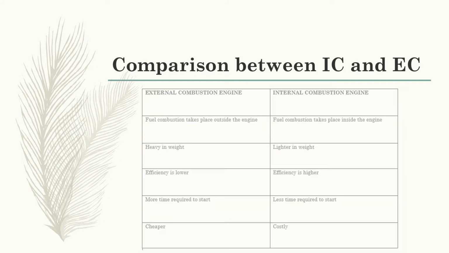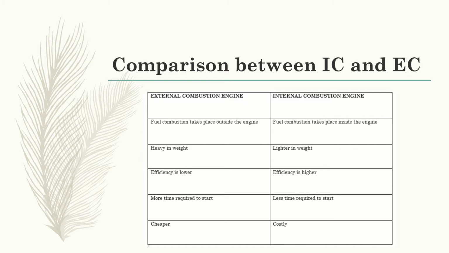So dito sa internal combustion, dahil nga sa loob nagkakaroon ng combustion ng fuel, so yung heat energy is almost nagagamit lahat kasi nasa loob siya mismo. While dun sa external combustion, so susunugin pa natin siya sa labas. So gagamit tayo ng coil para magkaroon ng heat energy. So yung heat energy is yun, kalat-kalat siya, unlike dun sa internal combustion. So nasa loob siya mismo, mas puro siya. Kaya mas mataas yung efficiency ni internal combustion, kaysa kay external combustion.